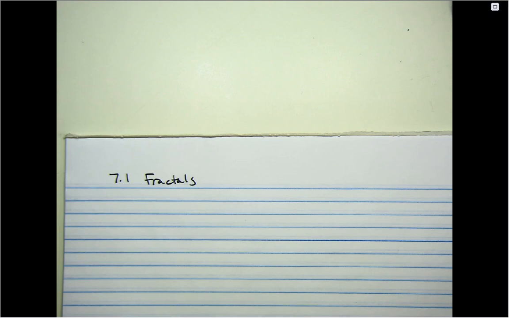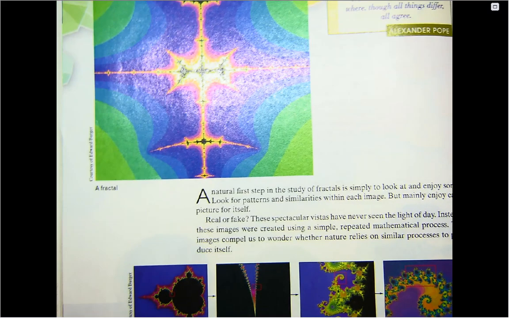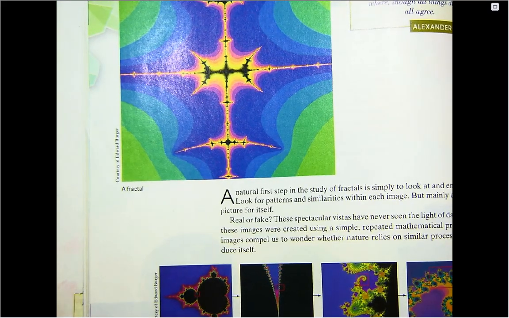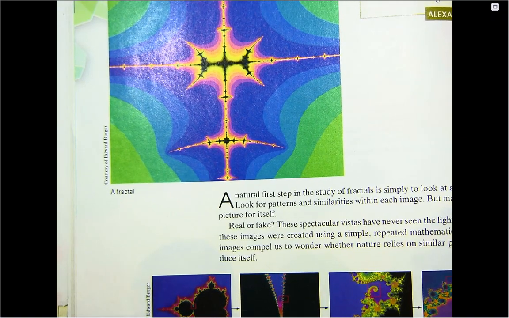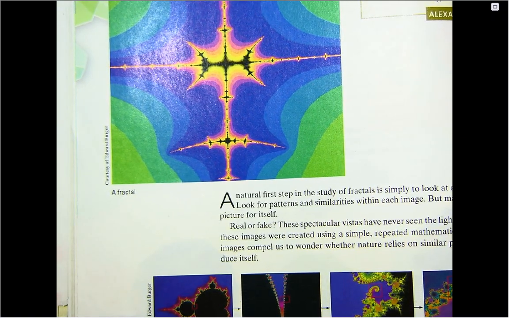Fractals have infinite complexity and a sense of self-similarity about them. So the pictures in 7.1 are fractals, and we can get a sense of the self-similarity as we look at